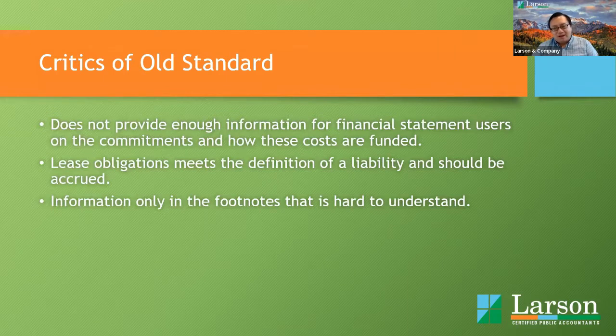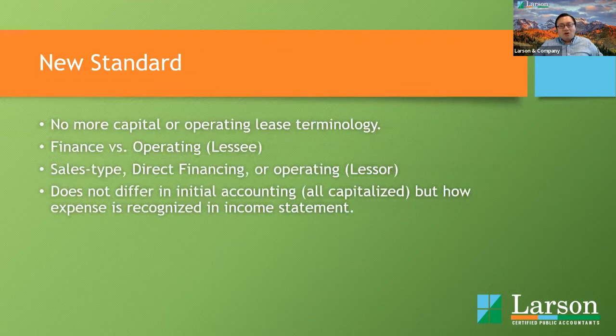And so that is why this new standard came about, to provide more information and footnotes as well as to record all leases that are long-term, meaning longer than 12 months, to be a liability on the books. So the new standard really takes away capital or operating lease terminology, to finance versus operating. All such leases will require you to capitalize an asset on the books called right of use assets, as well as